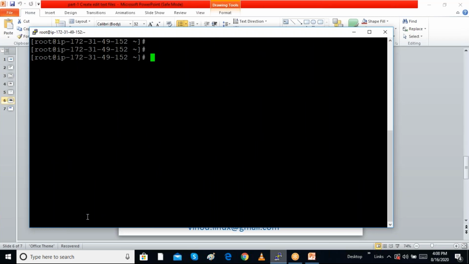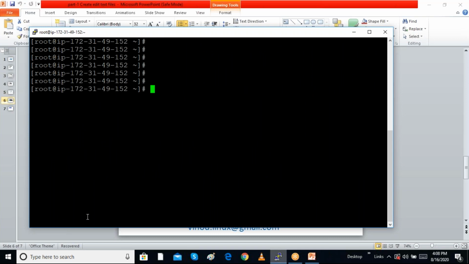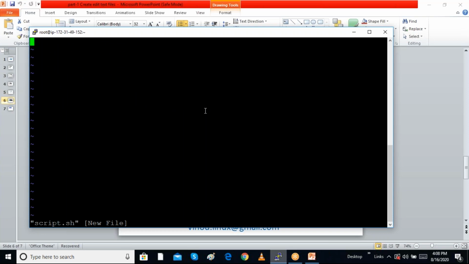We can create a variable like this, and check it. I created this variable as a local variable, and if I want to see the value of the color variable, I can use echo $COLOR. I can see the value of this. Now I am going to create a script file, script.sh. The extension is sh, so it is called a script file, and inside it I can add all my commands.